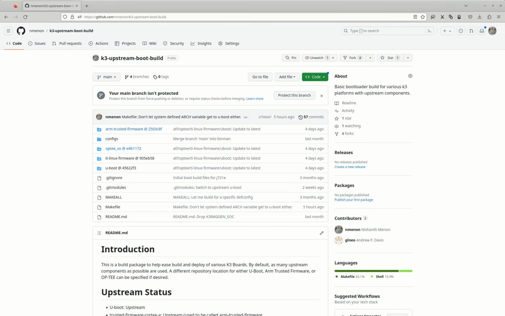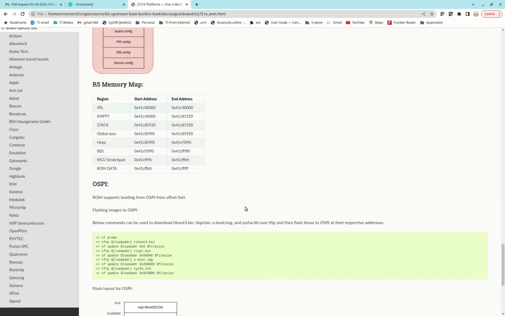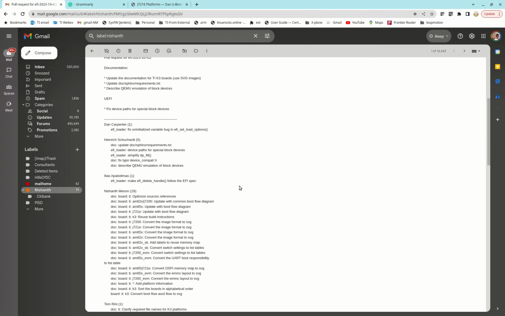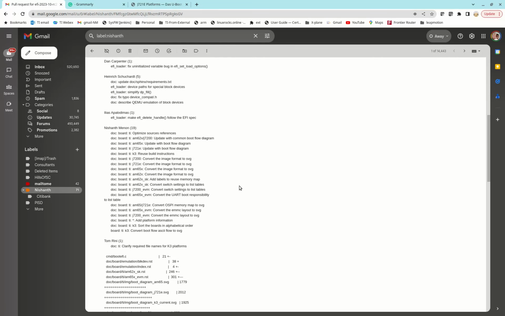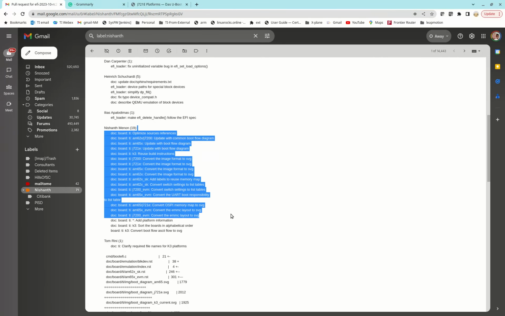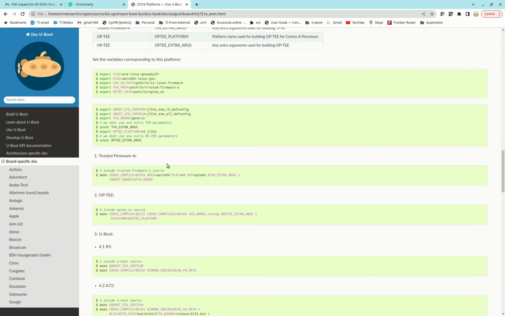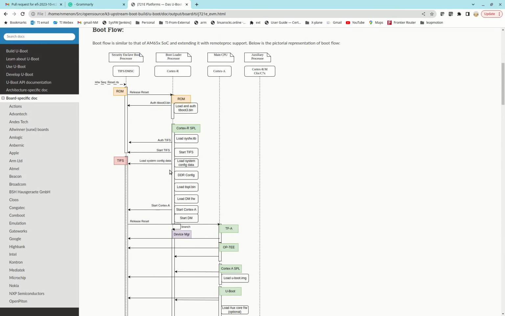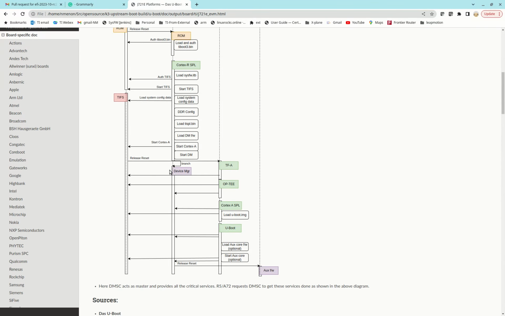Fortunately, we just updated a pull request in U-boot mainline a few minutes back to clean up our documentation, and it'll get into the master branch very soon. But here is the generated documentation about this: the overall system boot flow. This is exactly why we wanted to do this session, because my friend here,